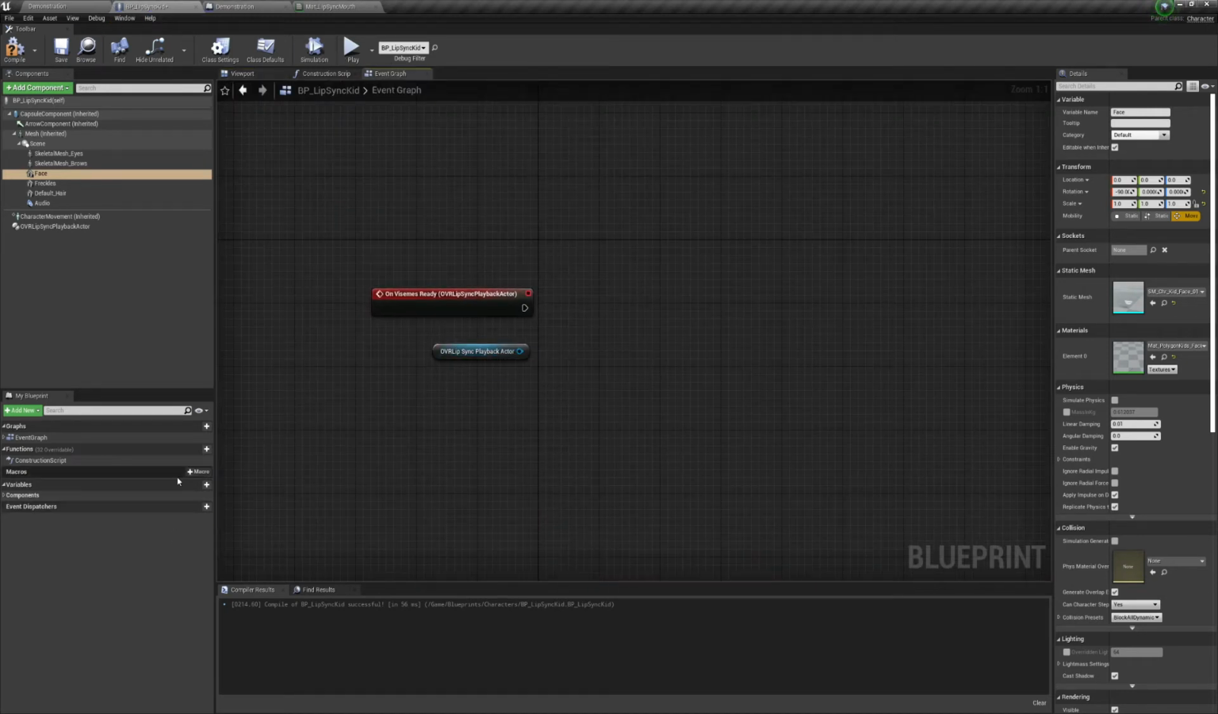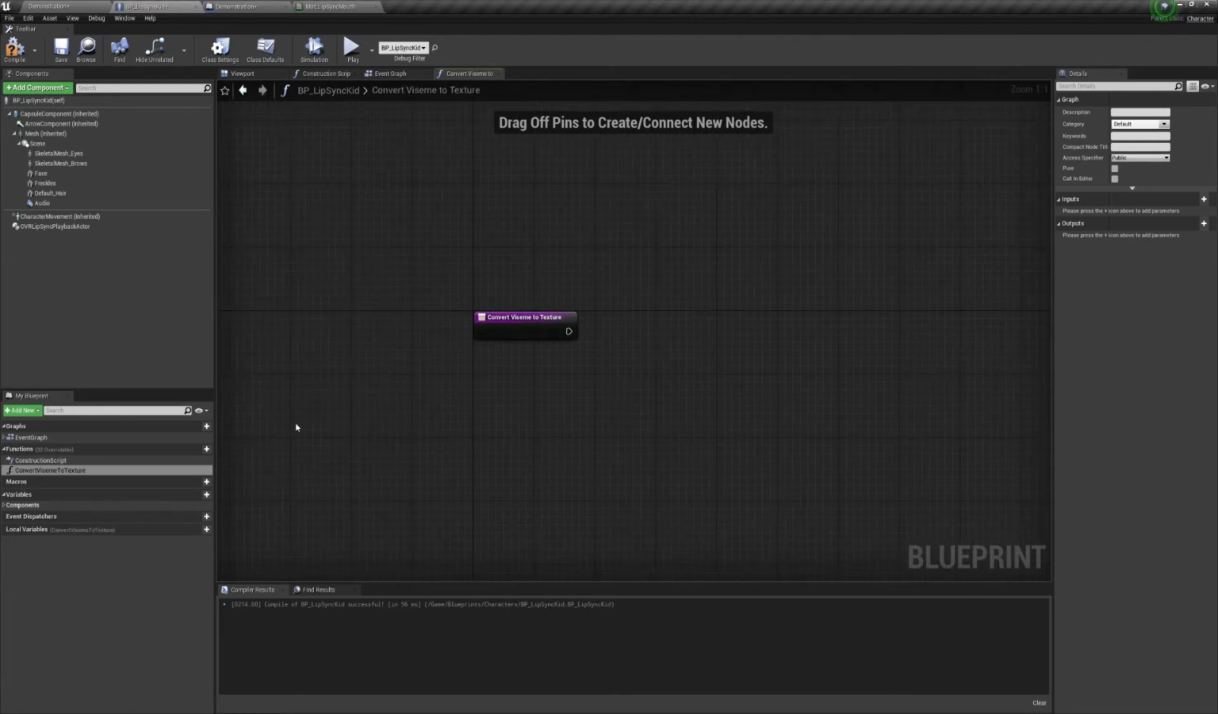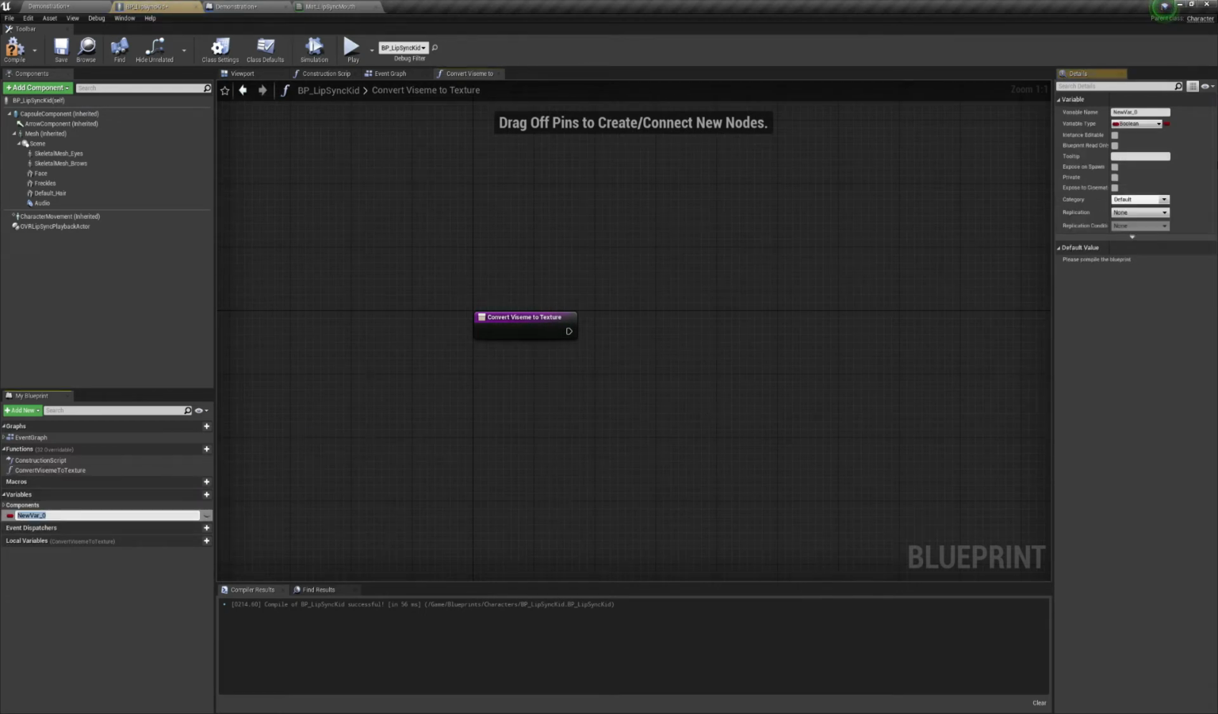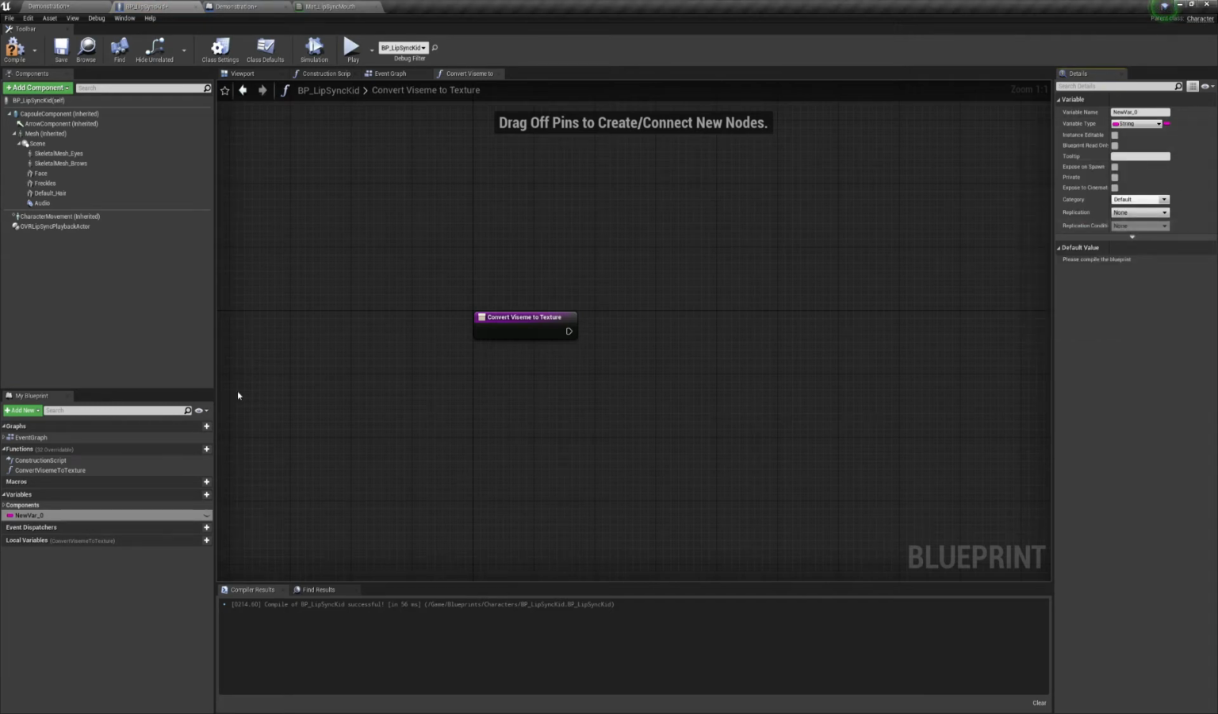On Visemes Ready, we're going to make a new function. We're going to call it Convert Visemes to Texture. With this, what we need is a map, I think. Yeah, that's what we'll do. We'll make a map. So we're going to make a new variable, a string, and we're going to call it